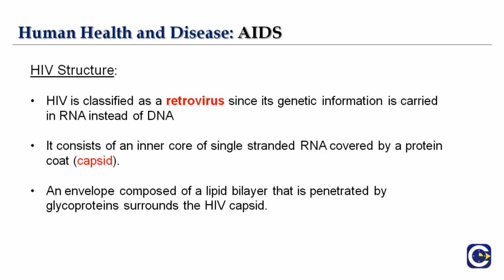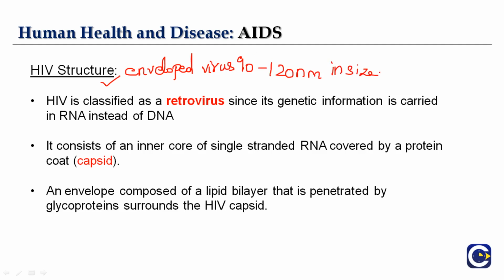Okay? So now coming to the important part, we're going to discuss the HIV structure. That is the human immunodeficiency virus structure. So this HIV, as I already mentioned, it is an enveloped virus. Right? It is an enveloped virus, and it is about 90 to 120 nanometer in size. And this is an RNA virus.